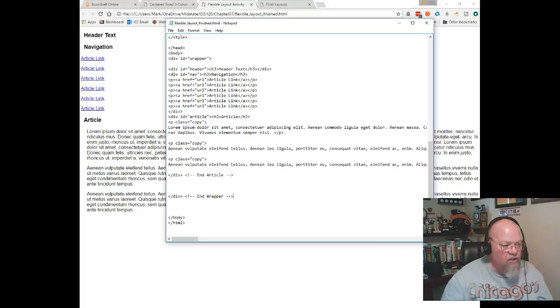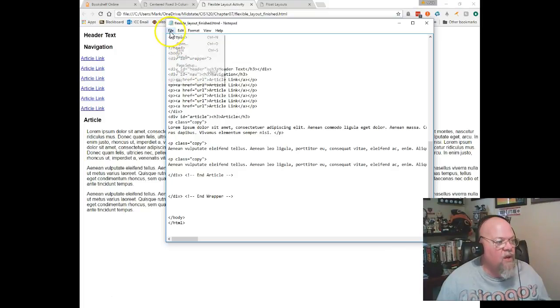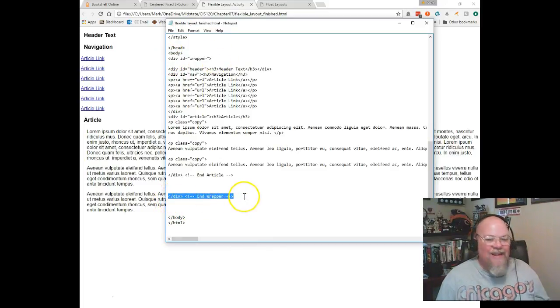Now you don't have to do this, but it really makes it easy to follow later on. Again, we don't have a wrapper class in here right now, but we'll add that style here in a little bit. So again, notice that from here to here, everything is inside of that wrapper class. Remember how we have the big box around everything. Okay, so